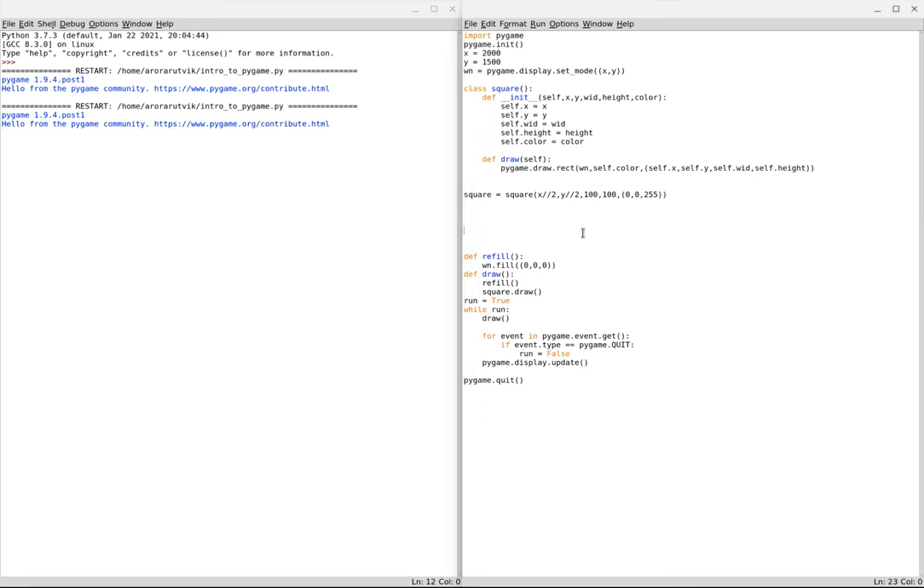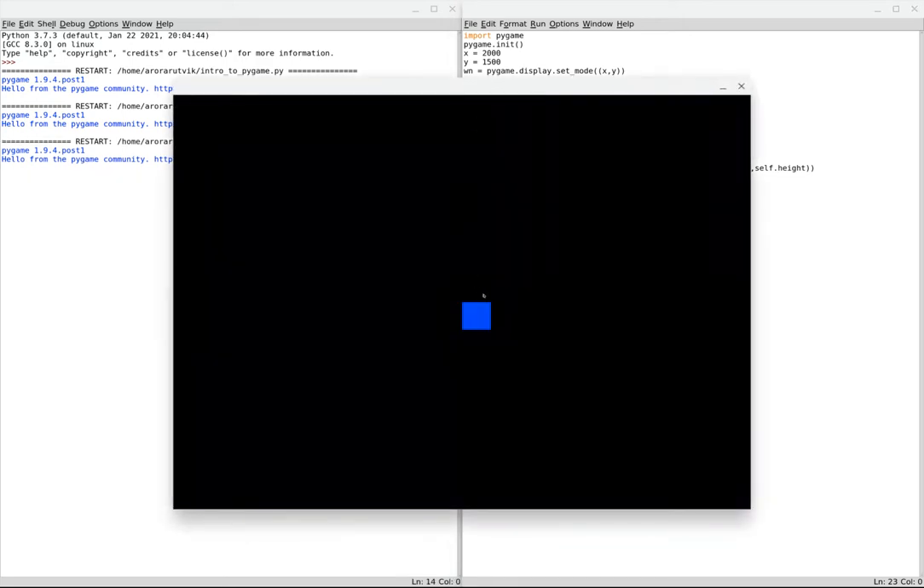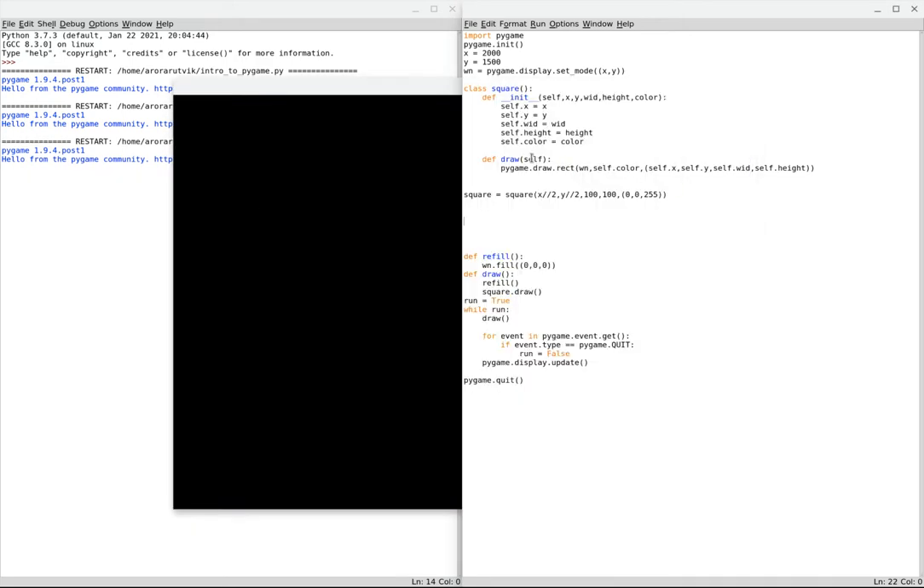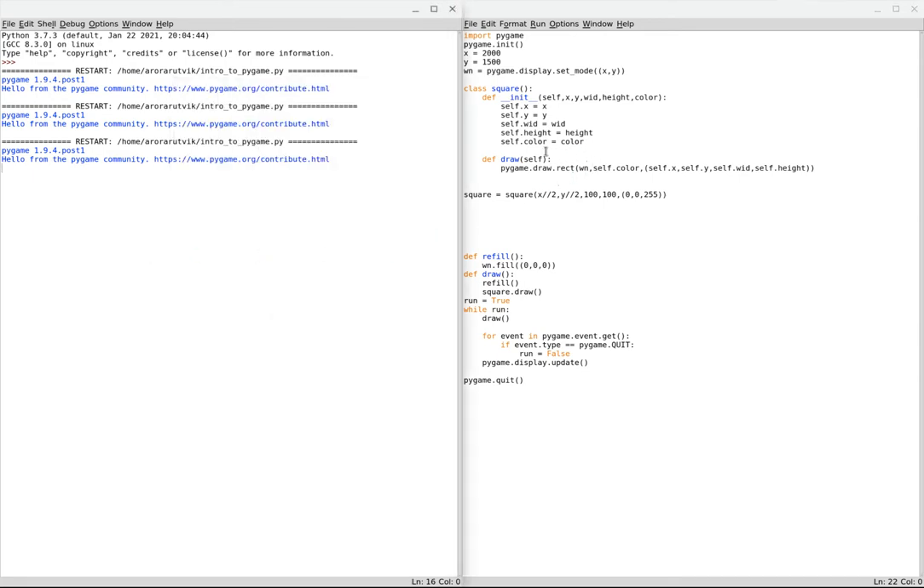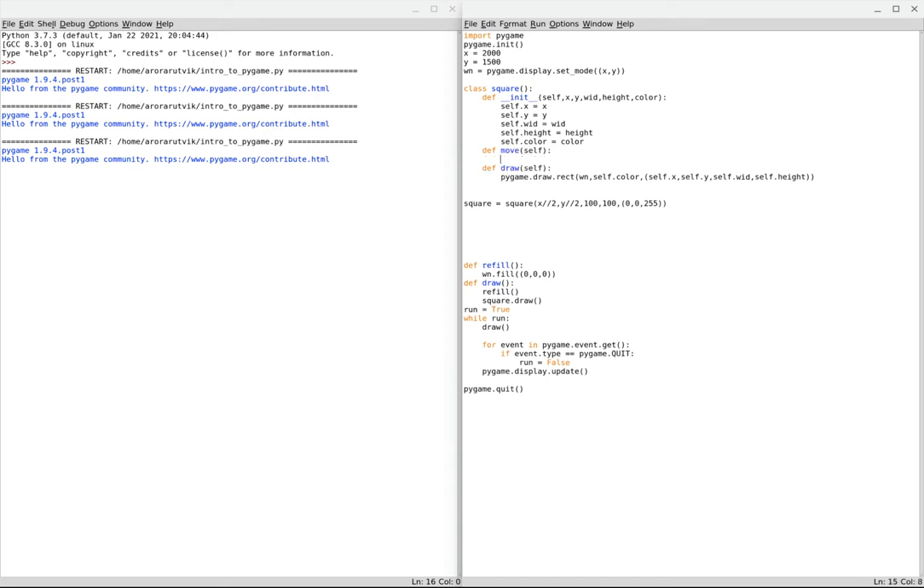Hi, in the last video we went over how to make classes, and if we run this, we drew the square. In this video, we're going to be going over how to move the object. So for moving, we have to define another function move with an argument self, and in that move function, we